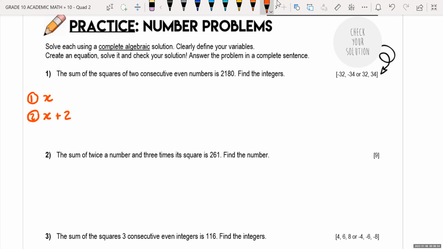That means I have two consecutive even numbers. Then, of course, you would write your let statement and all that stuff. You would say let X represent the first even number. And to set up your actual equation, you would have both of these numbers squared and added together. So it would be X squared, I always keep it in brackets, plus (X plus 2) squared is equal to